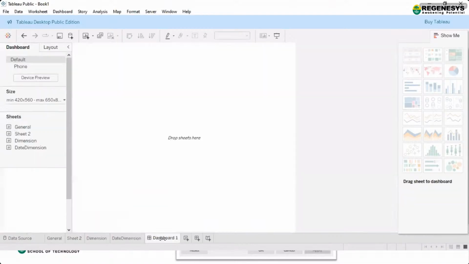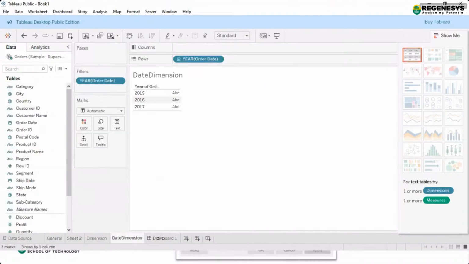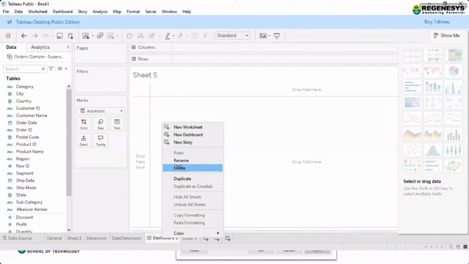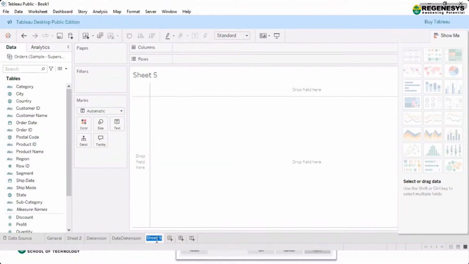And then the next one, I just want a sheet. Okay, not the dash, it has to be deleted. So now in this sheet, I am taking condition into consideration.